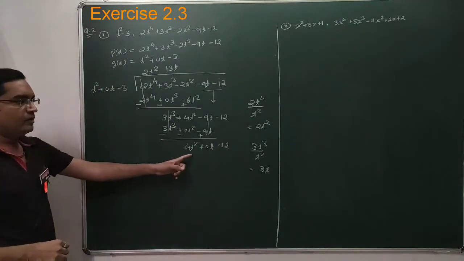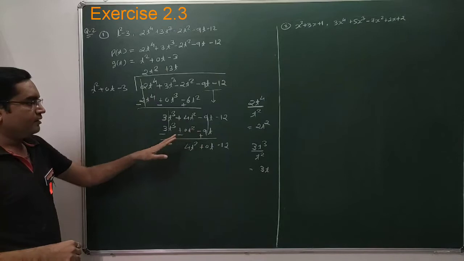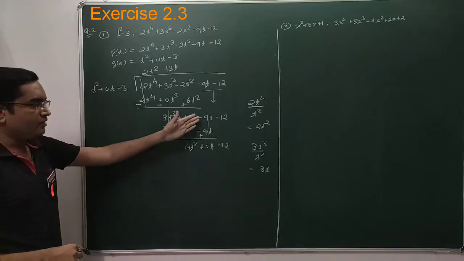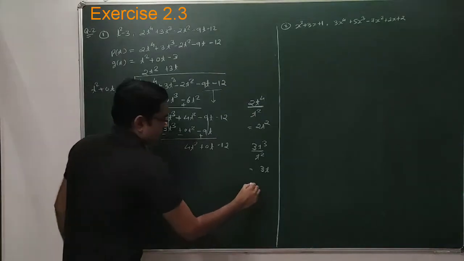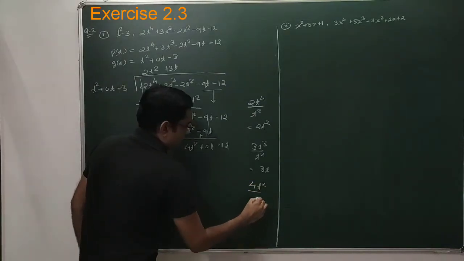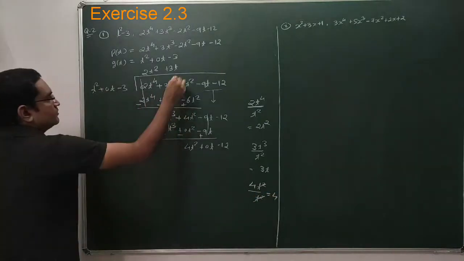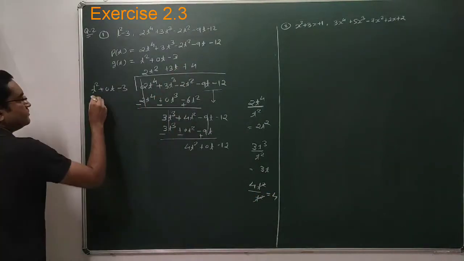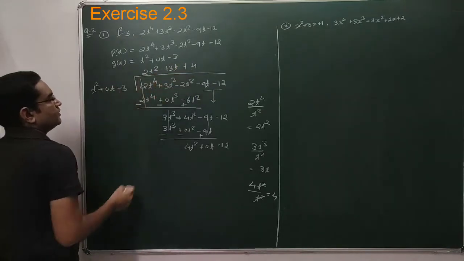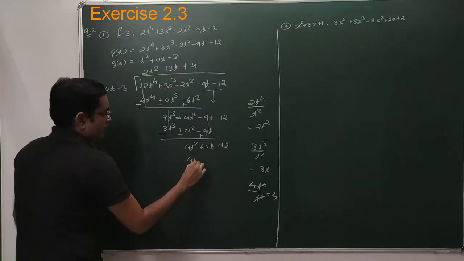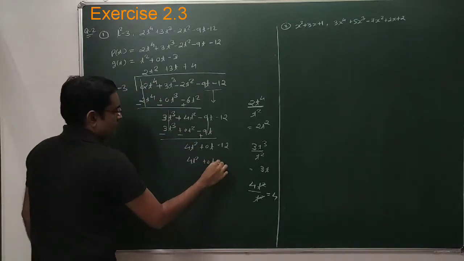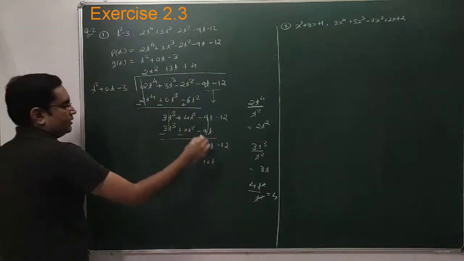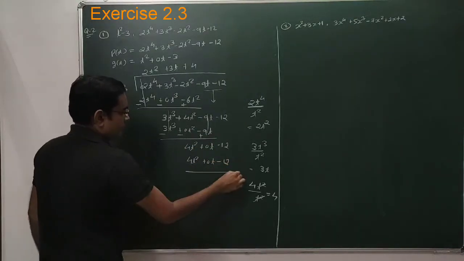You have to write the polynomial in standard form. So cut ho gaye, aage cut ho raha hai toh kuch nahi dikh raha hai, lekin beech mein cut ho raha hai 0t at all. So 4t square divided by t square. T square over, it is 4. Right? Plus 4 over here. Again multiply all these terms with this 4. So it's 4t square plus 0t and 0 minus 12, minus 12.